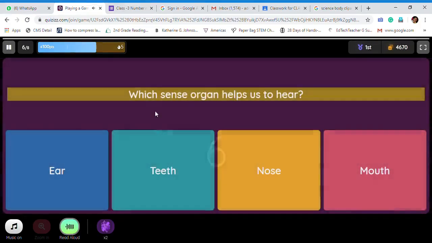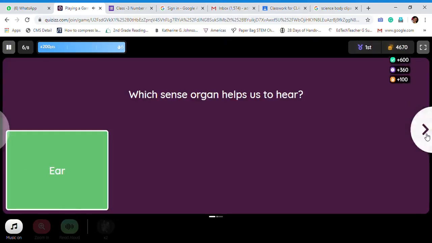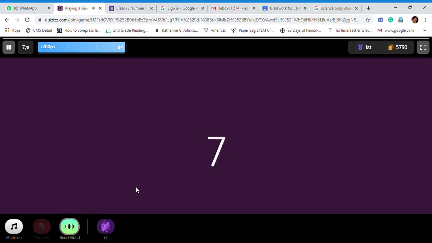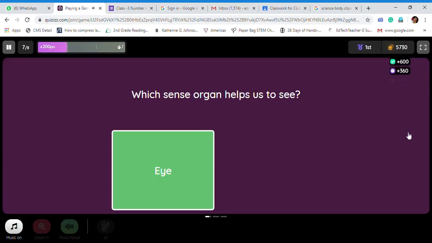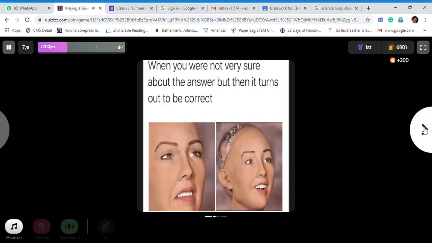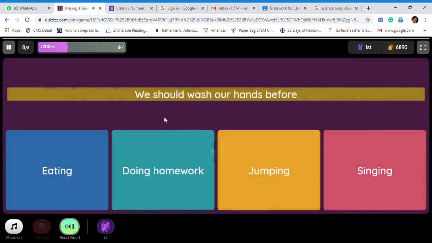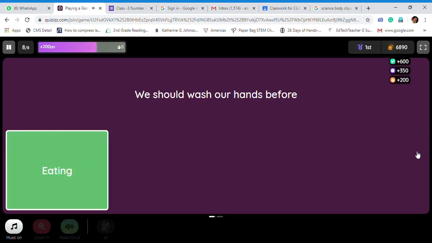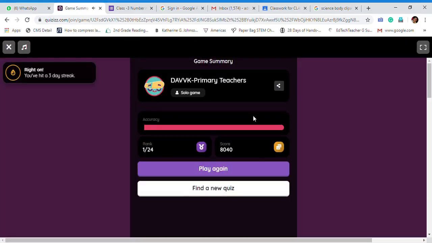Question: which sense organ helps us to hear? Question: which sense organ helps us to see? Question: we should wash our hands before. All done. So this way students can play.